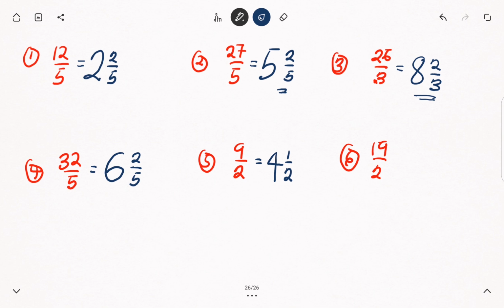And then the last example for this tutorial, that is 19 on 2. 2 will go into 19 9 times, that is 2 times 9 is 18. So it goes there 9 times, so I write down the 9. So we have 18. From 18 to 19 is only 1, so it has a difference of 1 or remainder of 1. Then I divide it by the 2 over here,